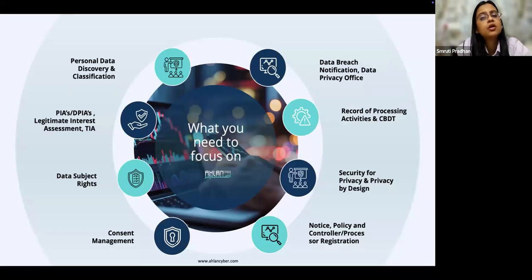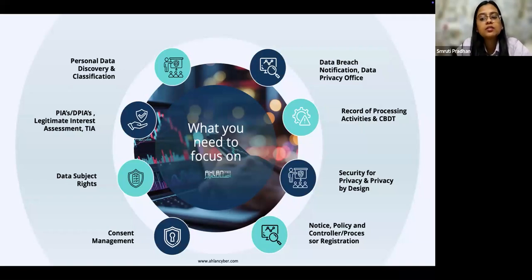The next requirement of the law is around a personal data breach notification mechanism. Today we know that it's not just the Kingdom, but many countries in the Middle East are prone to cyber attacks. A lot of these attacks majorly leak personal data on the dark web. That is where the laws really want to protect the rights of the individuals. So today the law expects that if you know that there is a personal data breach, you really need to notify the individuals whose data has been breached within a certain timeline. Not only that, you have to also notify the regulatory authority, that is SDAIA, in case a personal data breach has happened. And then there are certain guidelines related to that.